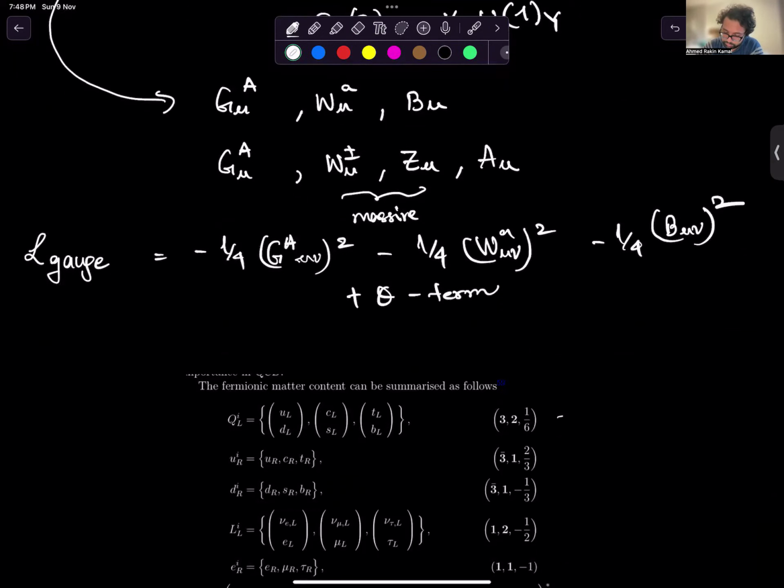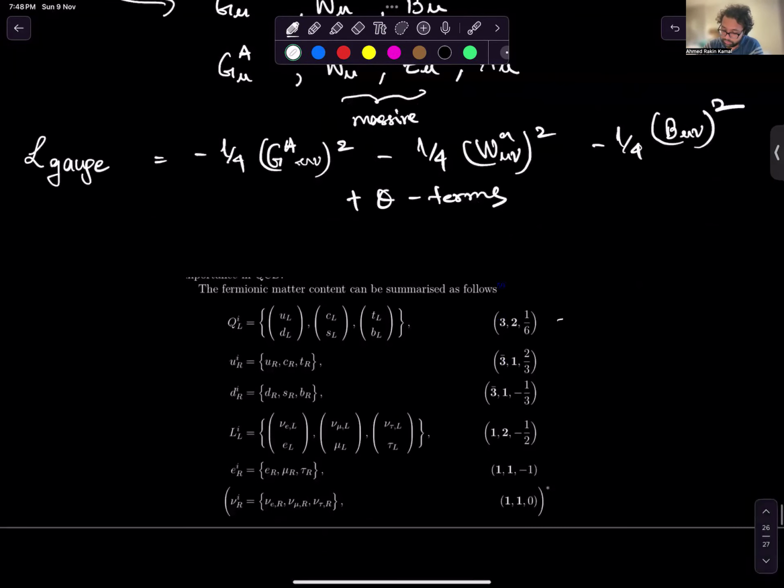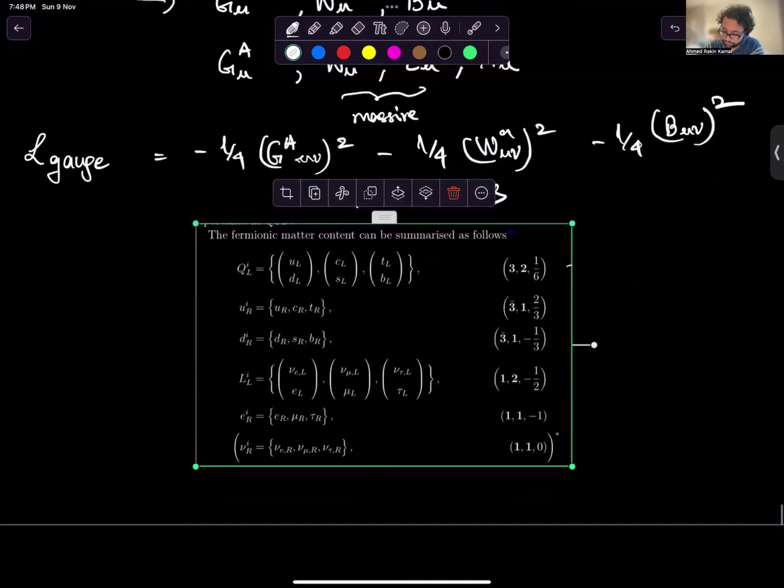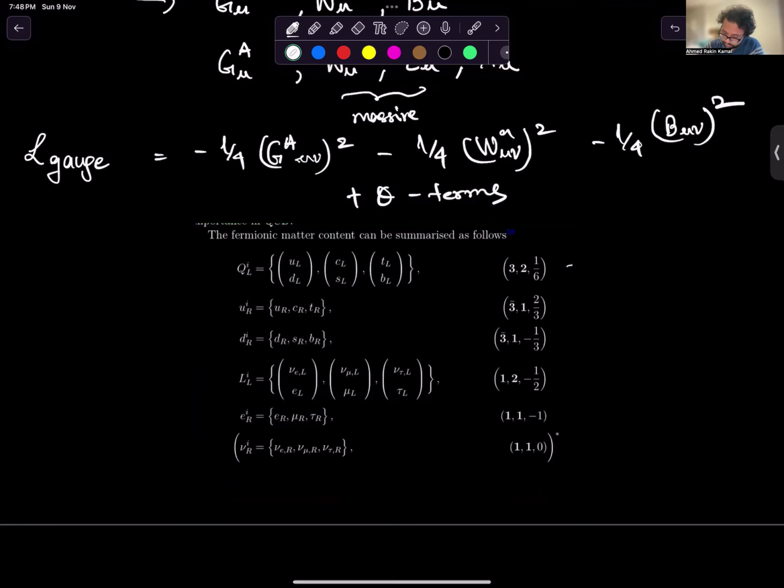There are some terms which are topological and they do not appear in the equation of motion, but they have very, very interesting implications for the physics. Okay, so we had the fermionic matter content,